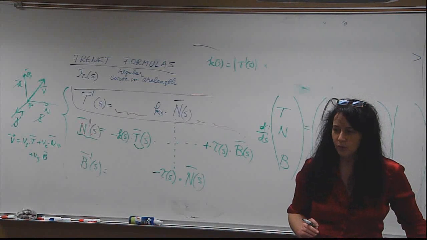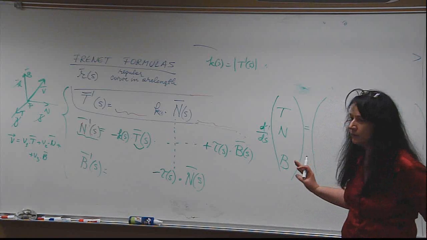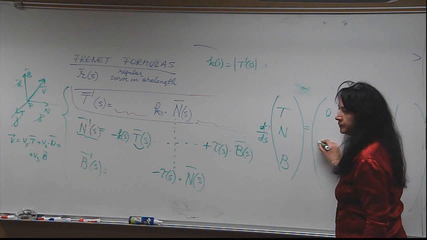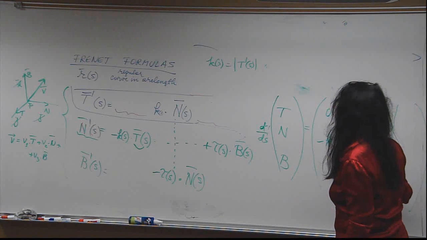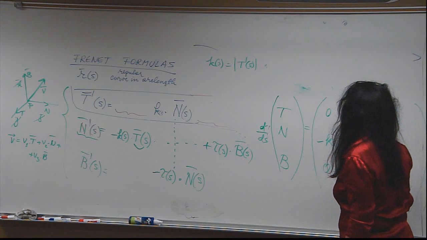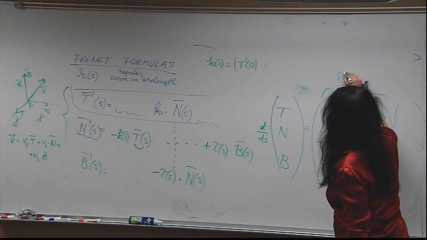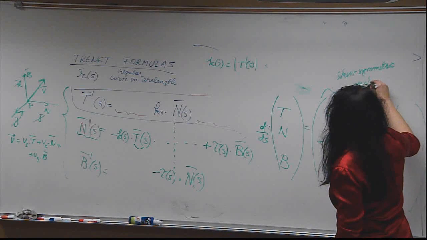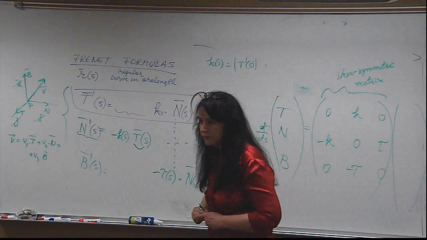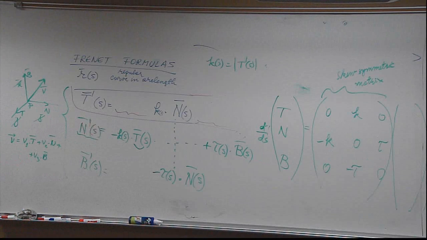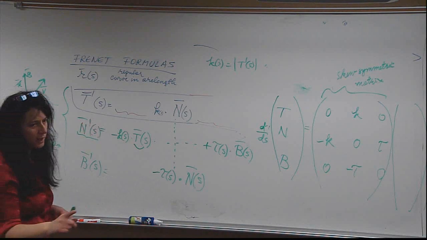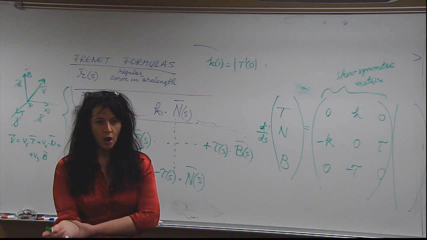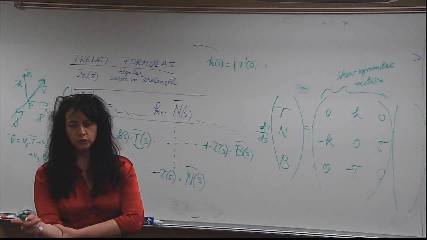Somebody who wants to know about differential equations, this would be very good. 0, k, 0, minus k, 0, tau, 0, minus tau, 0. This is called the skew-symmetric matrix. Such matrices are very important in robotics. If you've ever been on a robotics team, you should know that when we study motions of, let's say, my arm performing 2 rotations in a row, all these motions are described based on